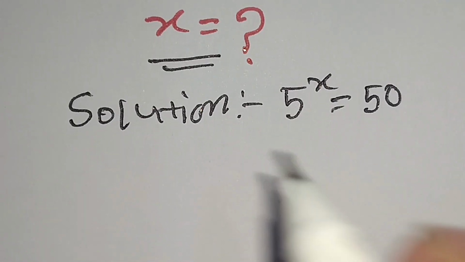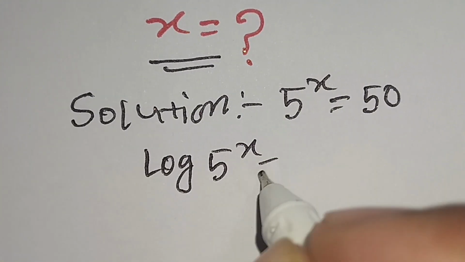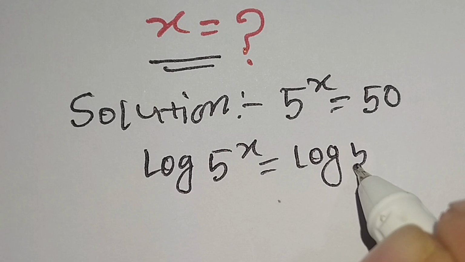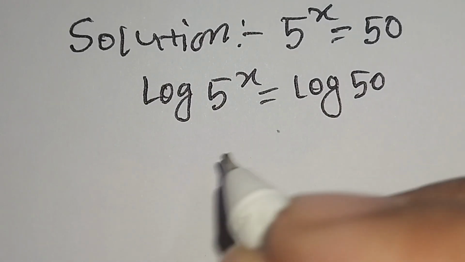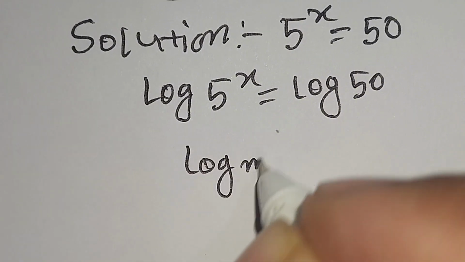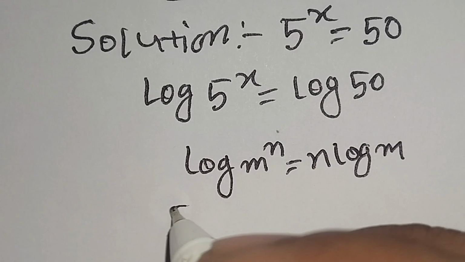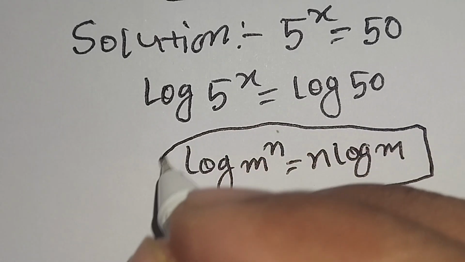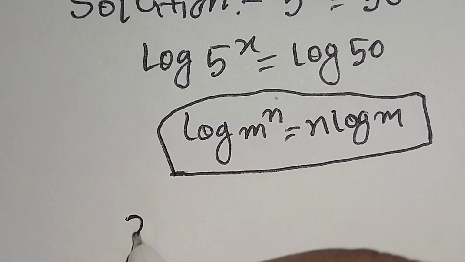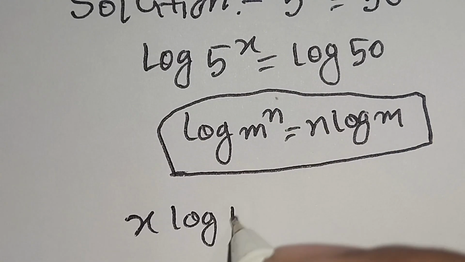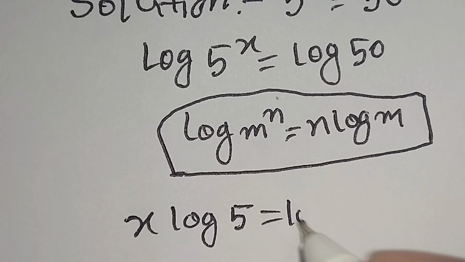Now we will take log on both sides. So you can write here log 5 to the power x is equal to log 50. We know a log property, which is log m to the power n is equal to n log m. According to this log property, we can write log 5 to the power x as x log 5 is equal to, and we can write this log 50 as log